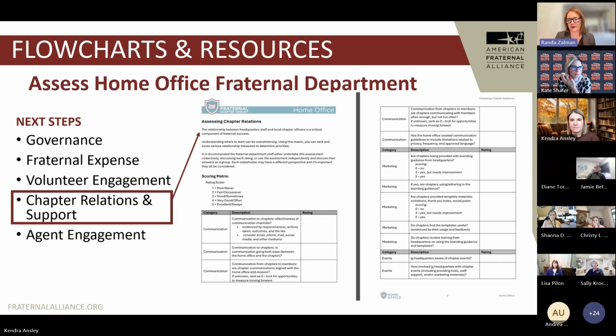And that really helps chapters have sometimes those larger conversations in terms of what do we need to do short term? What do we need to do long term? And then you can check back too, because this is repeatable. So the first time you do this particular assessment, it's really nice because it sets a benchmark, right? And then in a year, if you do it again, you can see where there's been improvement and where there can be additional action items on your end.